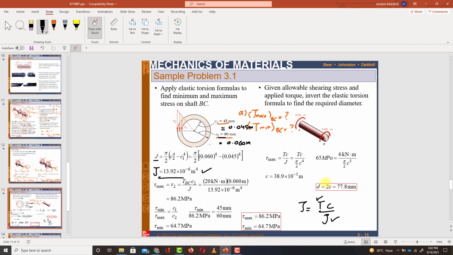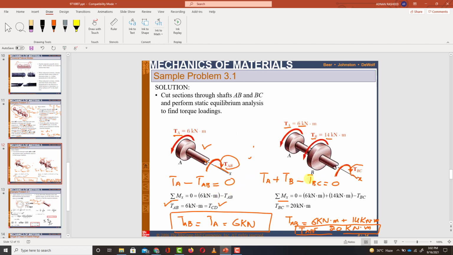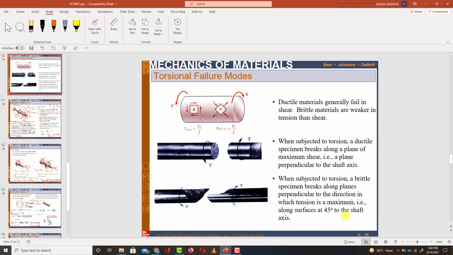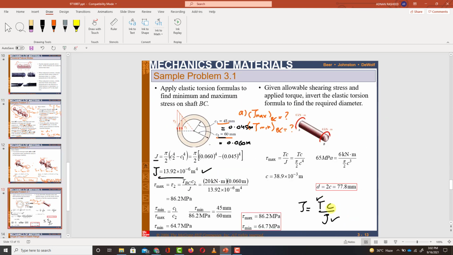We have the torque, that is in AB or BC. Sorry, BC. Again, this is also BC, not AB. Clear? This T in BC is 20 kilonewton meter. Okay, so this is available, and C depends on the outer radius or inner radius. So we have to find tau max and tau minimum, and you know that tau is equal to rho over C into tau max. That was derived earlier. Clear? So we will use this formula.